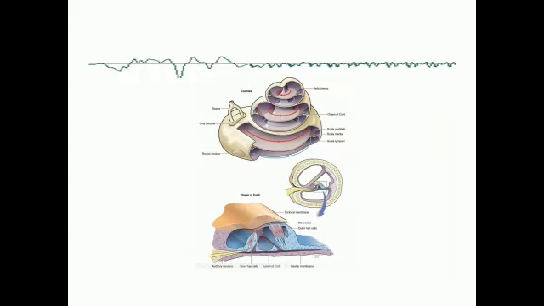Here is the same picture only in a different orientation. Here the cochlea is shown like a coiled tube. So here is the footplate of stapes, and here is the round window. When the footplate of stapes vibrates, it sets up vibrations in the scala vestibuli. It's transmitted, shown in the red color line. It reaches the apex of the cochlea, comes back in the scala tympani, as shown in the blue color, and it reaches the round window. So during this vibration transmission, the basilar membrane is also set into vibration.